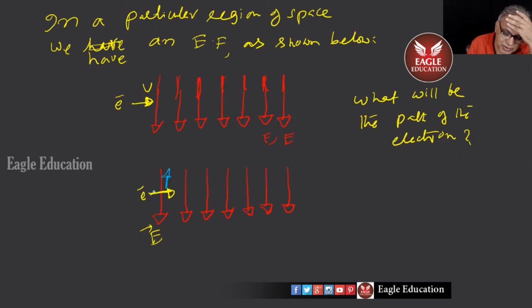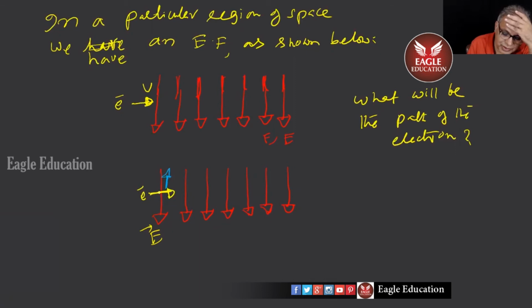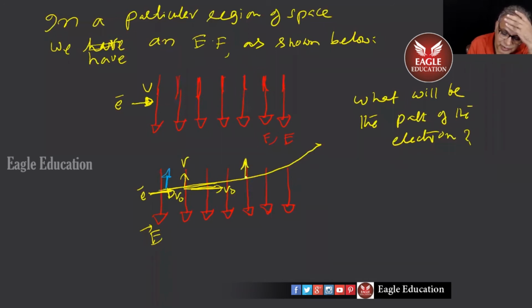So because of this, it will turn, right? Finally, it enters this way, but goes like that. Why? Every time the force is acting up, this velocity doesn't change because there's no force in this direction. This velocity will remain v0, but the electron keeps getting a velocity that way every time. By the time it comes out, this remains v0, and there will be another extra velocity like this. It follows a parabolic path.